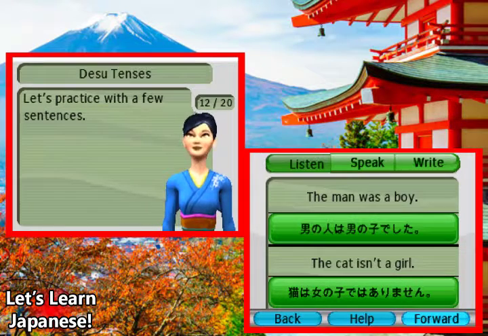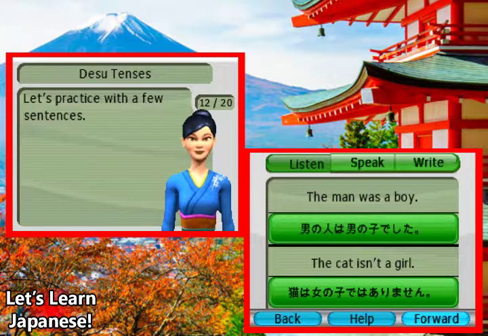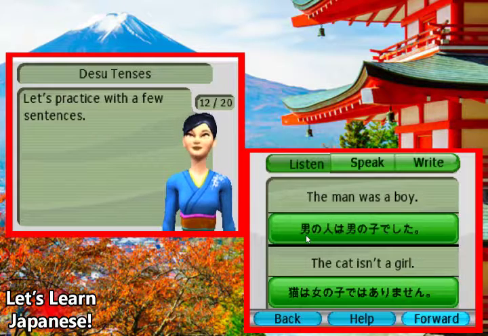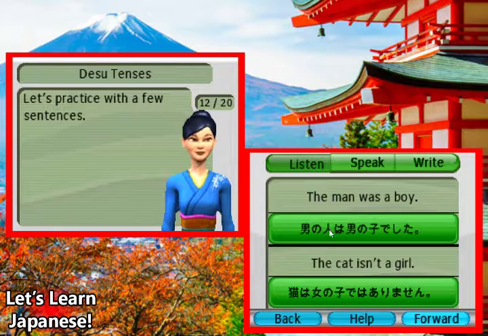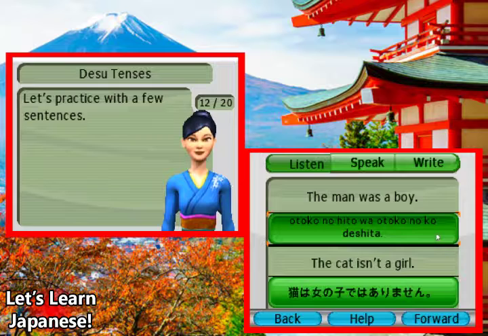Let's practice with a few sentences. Okay. So the man was a boy. So we're looking at some kanji here. This one here is the kanji for otoko, so that man, that masculine. This is the kanji for hito, so for person. And this one is the kanji for ko, or child. So otoko no hito wa otoko no ko deshita. 男の人は男の子でした